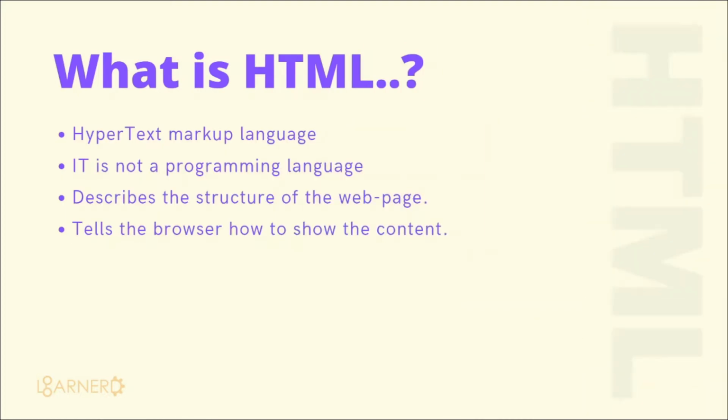So the first thing you would have in your mind is: what is HTML? HTML stands for Hypertext Markup Language, and it is not a programming language. HTML is used to create electronic documents, called pages, that are displayed on the World Wide Web, that is www.com. Every page contains a series of connections to other pages called hyperlinks. Every web page you see on the internet is written using one of the HTML version codes.